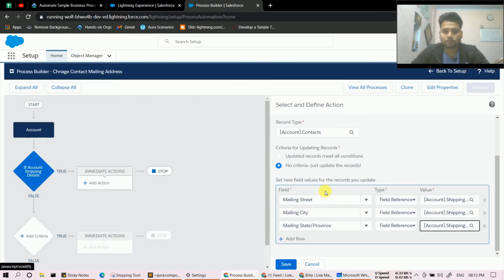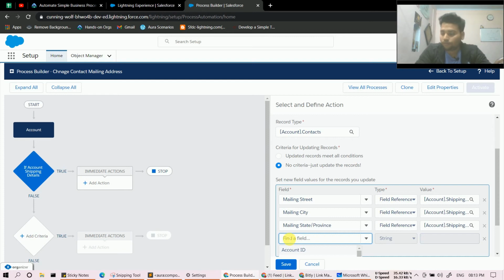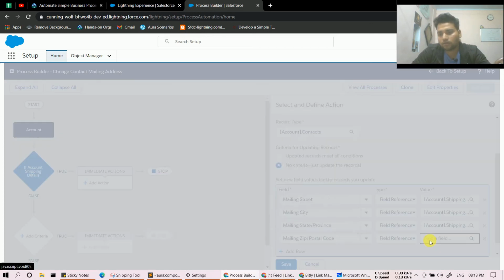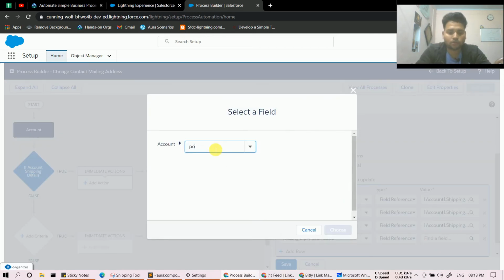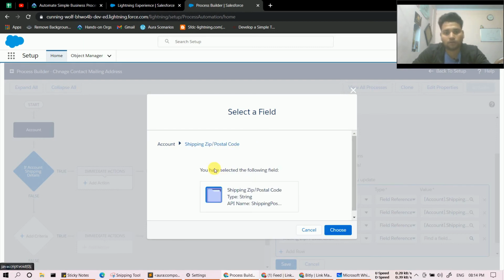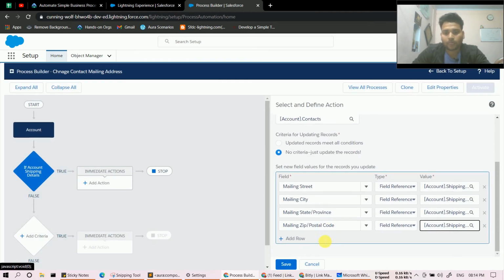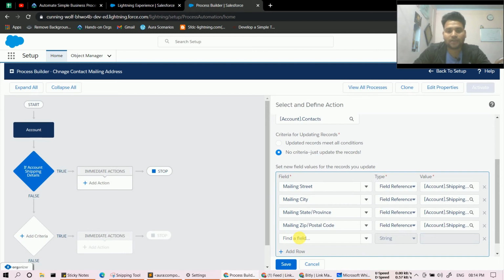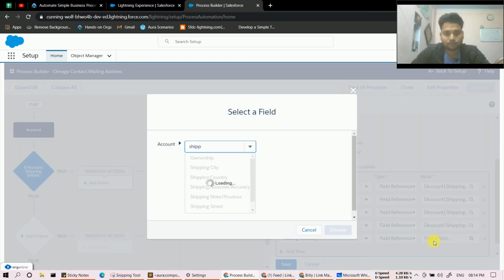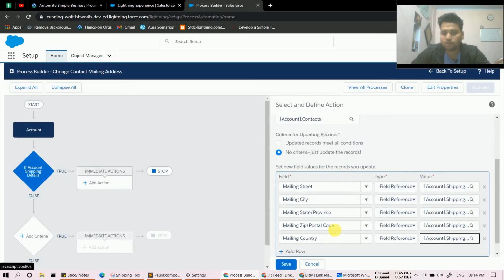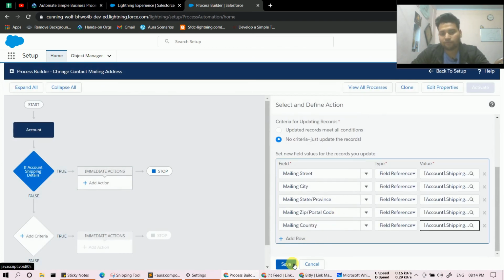Click choose. Now for postal code, mailing zip postal code, field reference, account, postal code, which is shipping postal code, like for account. Now at last choose country, mailing country, field reference, account, shipping country. Click choose and simply save.